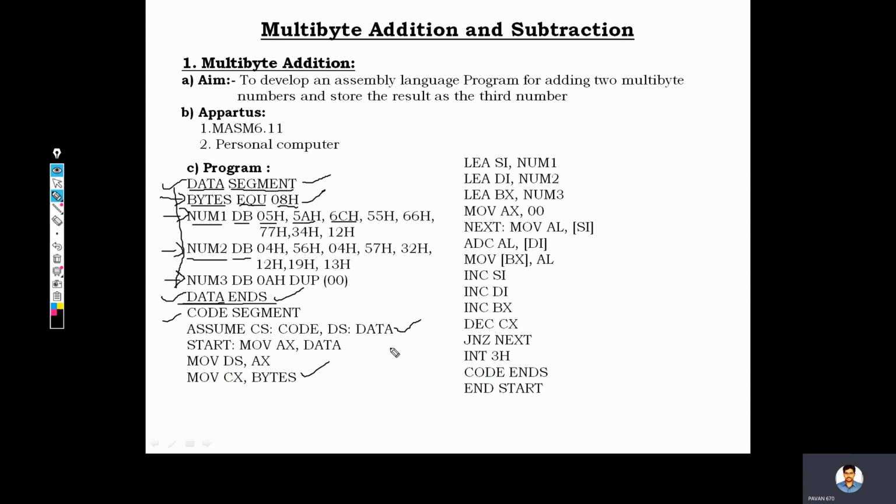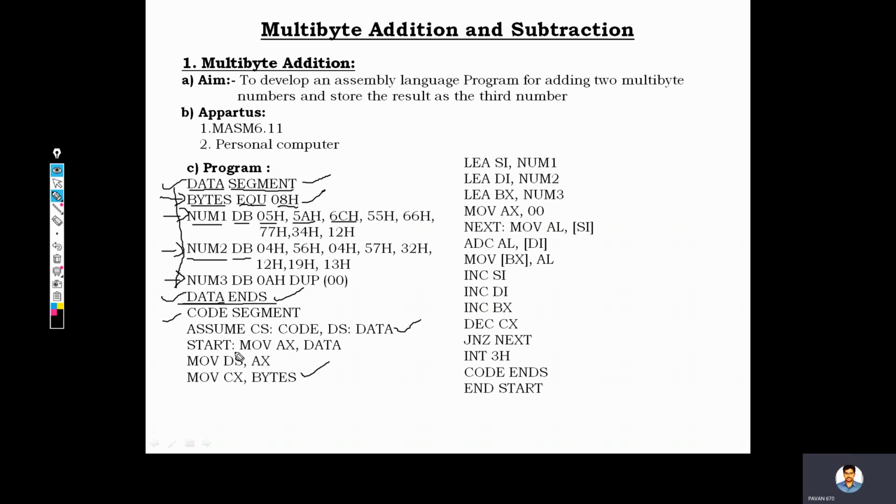So there are totally four types of segments in our 8086 RAM. Among these, I am using only two segments, which are applicable here. One is the code segment, another is the data segment. If I have the requirement to use another type of segment, I can use it here. Since I am not in need of that segment, I am not using it here. If I have a use, definitely I can use that segment. Otherwise, I can use whatever segments I require. So, ASSUME CS:CODE, DS:DATA.